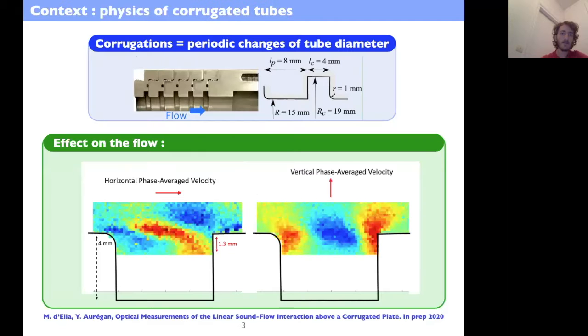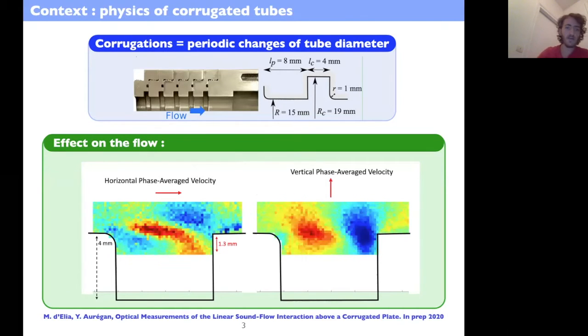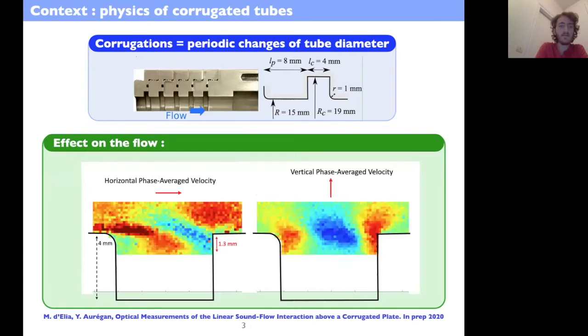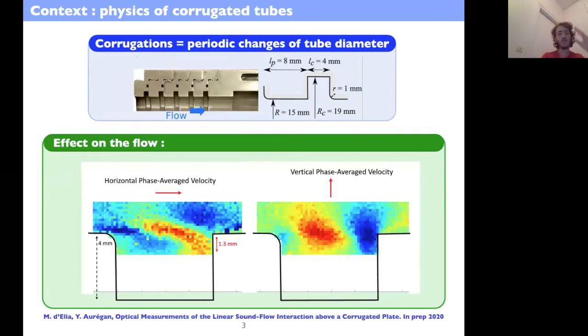And so we are interested in these tubes because beautiful physics is happening inside of them because of the cavity. When the flow is inside the tube, depending on the size of the cavity, in all cases you have a shear layer, and sometimes it can lead to vortex generation. But as in our case with a small cavity, you just have, as can be seen on these LDV measurements of the velocity, a stable shear layer